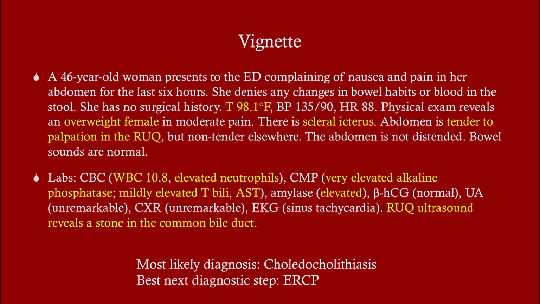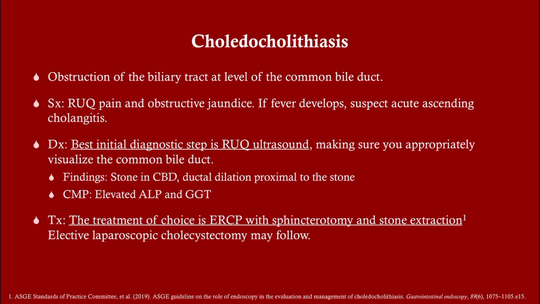All right, so what we see here is a picture that looks very similar to cholecystitis, except now we have jaundice. So this is choledocholithiasis, and this is an obstruction of the biliary tract, but further down, rather than at the gallbladder neck or the cystic duct here, now we're at the common bile duct. This is going to cause all your symptoms of acute cholecystitis, but also an obstructive jaundice. Now, again, this can masquerade as something quite a bit less common, but we already talked about it, which would be acute cholecystitis with Mirizzi syndrome. But if you see right upper quadrant pain and jaundice in a patient who's had stones, you should definitely be